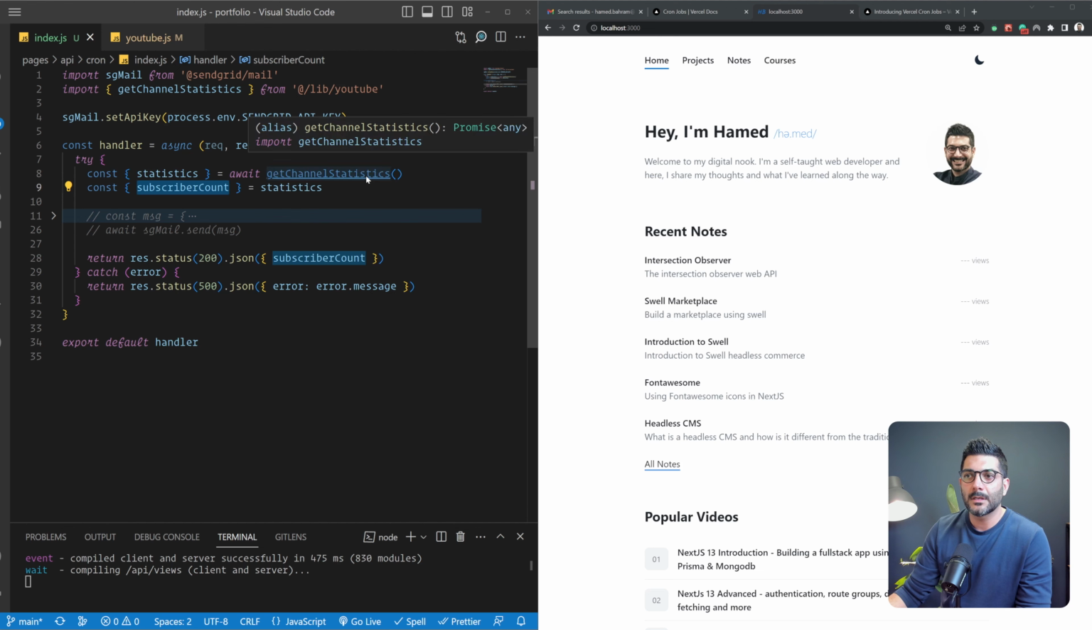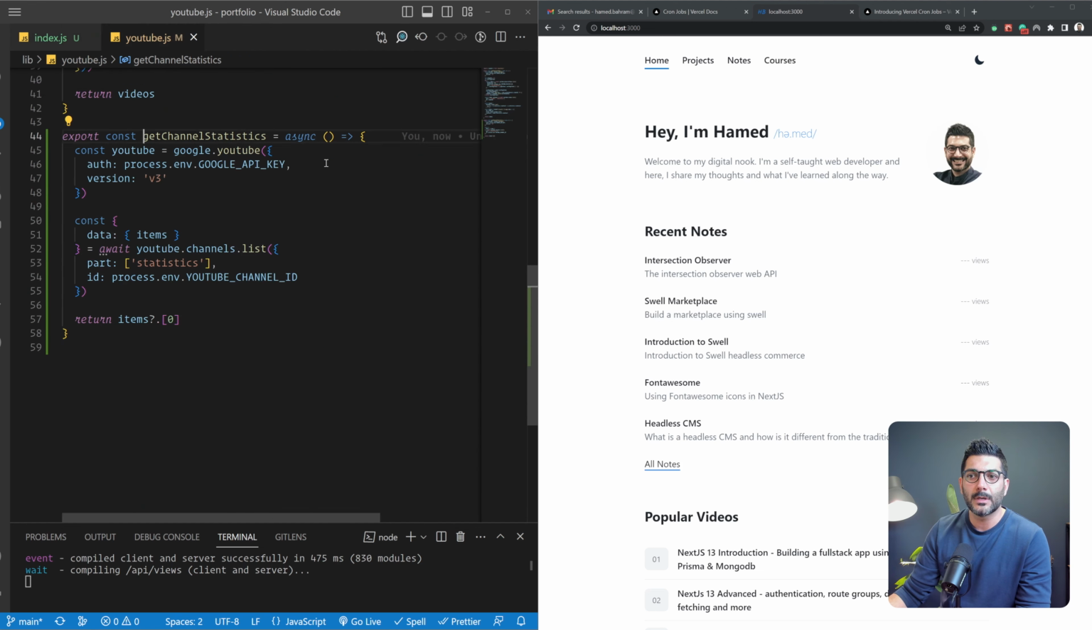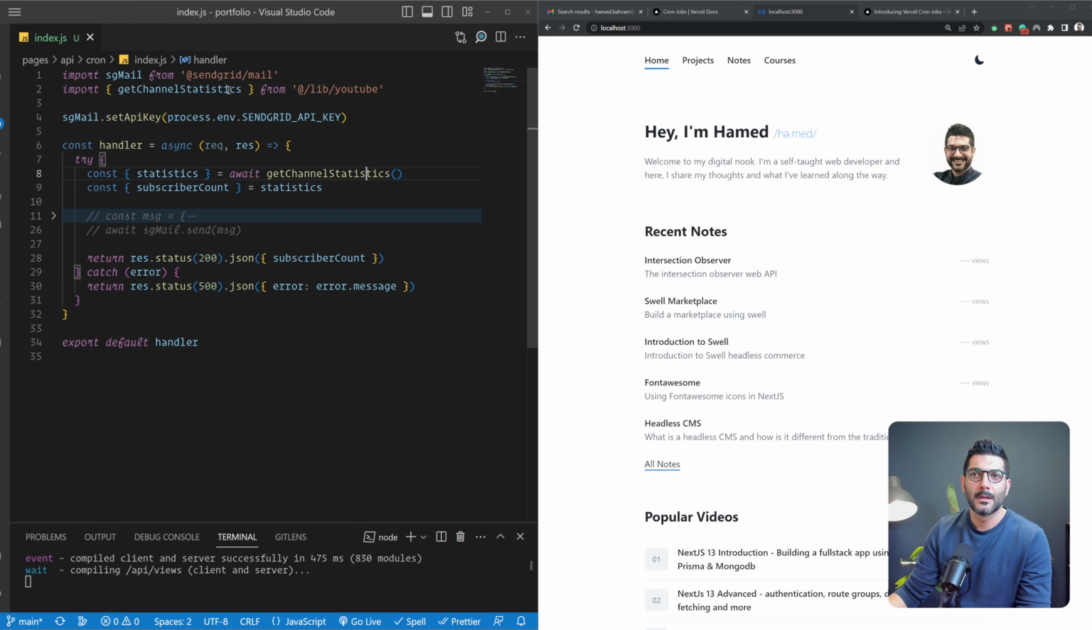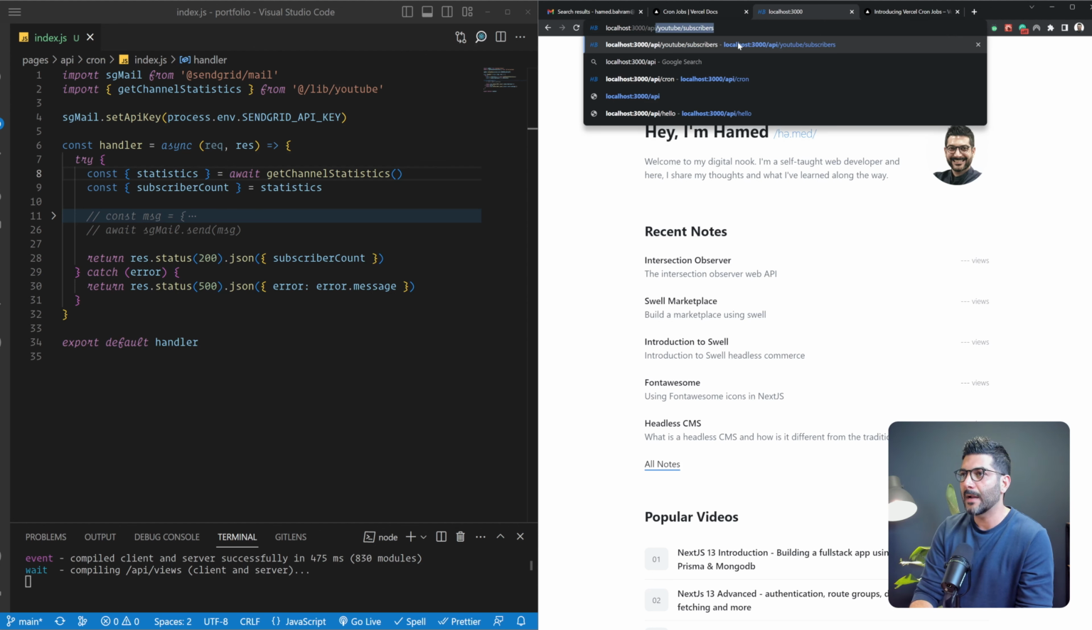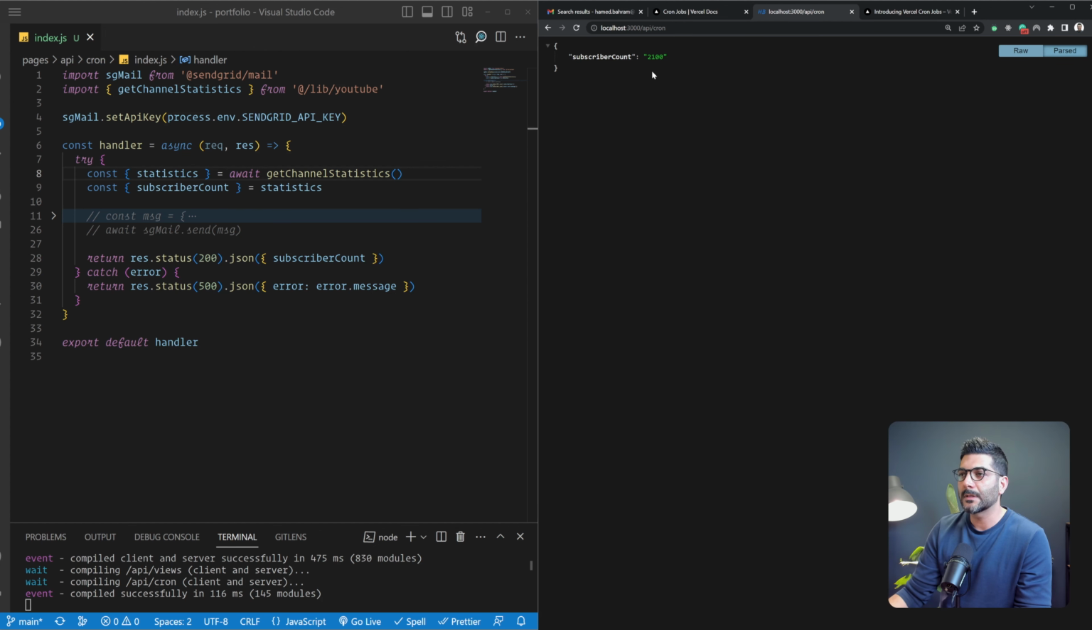So this channel statistics is just using the YouTube data API to get the stats for this channel ID, which is my channel ID. So you authenticate with the YouTube API, and then you can hit different endpoints, in this case the channels list, and then the stats for that channel. So if I go to the browser now and hit the API/Cron, I should be able to get this JSON returned from this endpoint, which